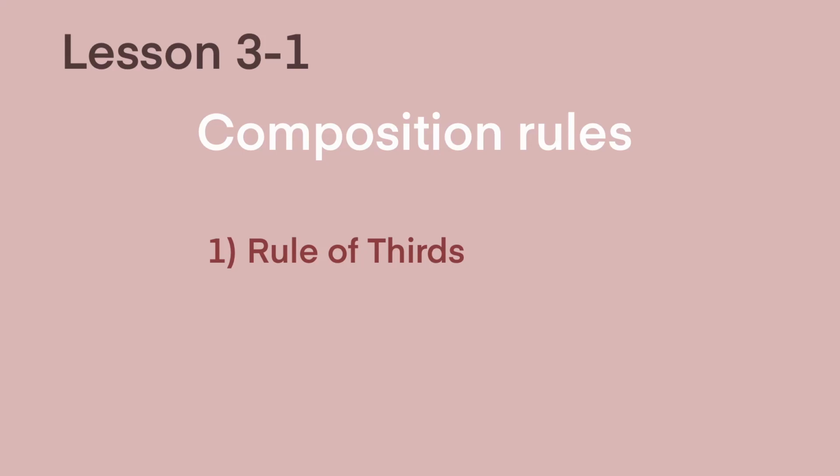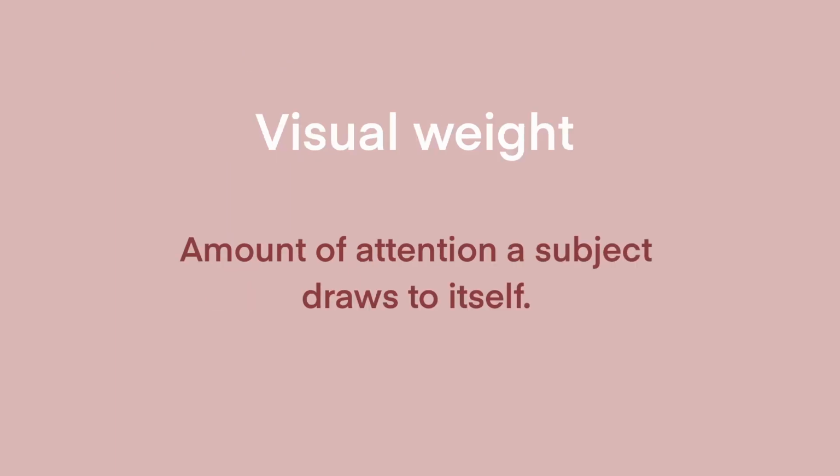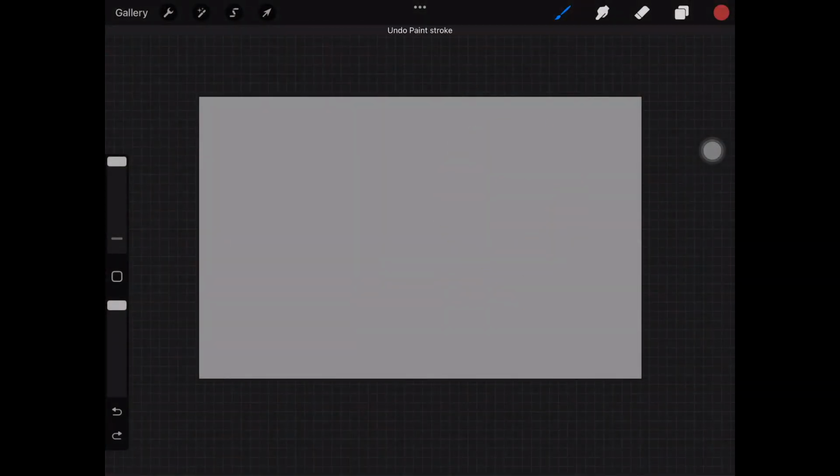The next rule is about balance. When we look at a painting, there's the visual weight that each subject can have. The visual weight just refers to the amount of attention a subject draws to itself. For example, if I sketch this out,